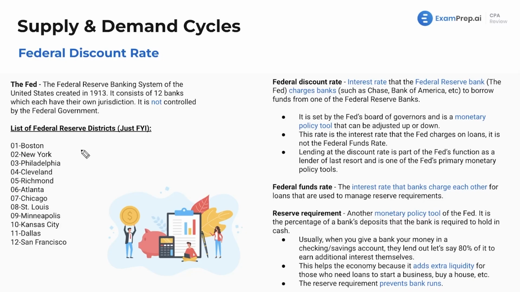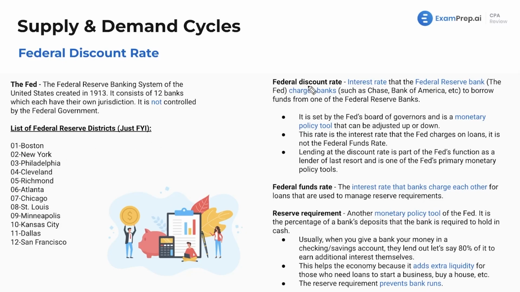Now, this is just FYI, giving you a nice introduction, background. You don't need to memorize these by any means. I can guarantee that. We've got 12 districts. Each of these cities is where the office is located. If I showed you a map, and you don't need to know the map, no worries, the Richmond district takes over a bunch of states. St. Louis takes a bunch of states. Dallas, etc. So this is where they are all located, and that's that. Just for an FYI.